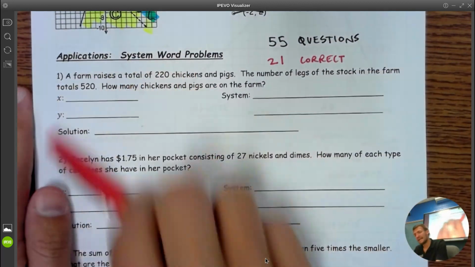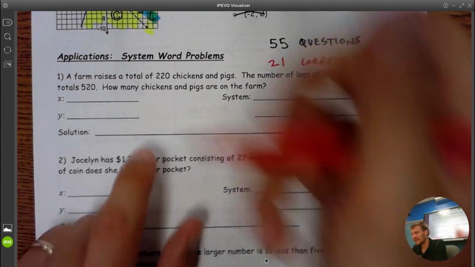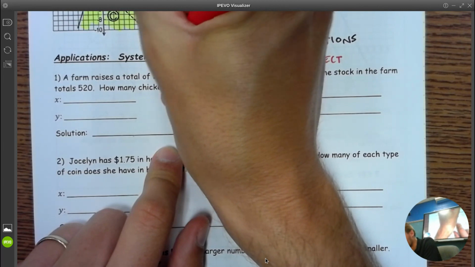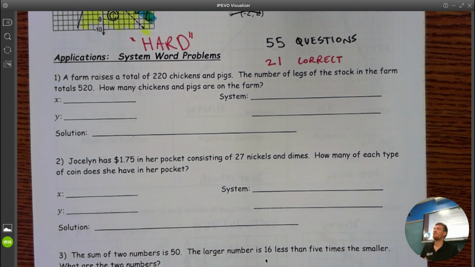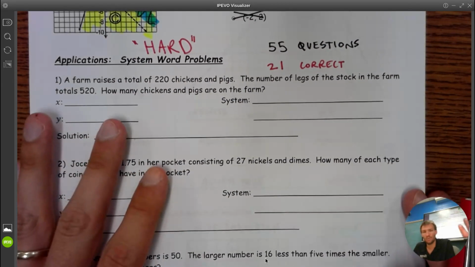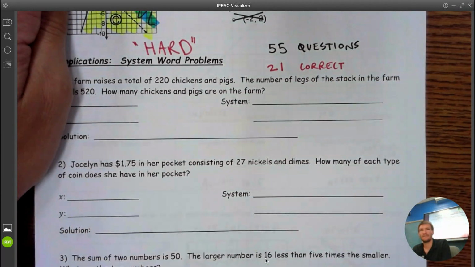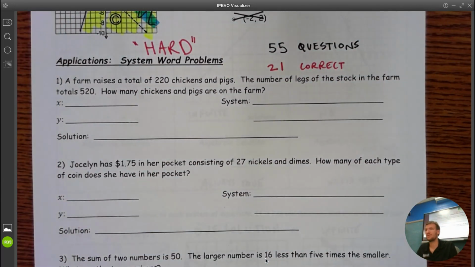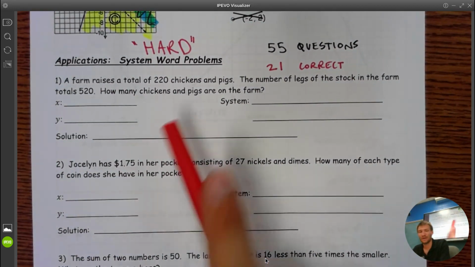Now, when it comes to solutions of systems, we get to system word problems, and I'll be honest with you, this is one of those things that is theoretically a hard question. We're going to learn it, we're going to talk about it, and honestly, I don't think it's that hard. I remember when we did it together, it took a little bit of practice, but if you can figure out how to get these questions right, if you're a student who actually tries and isn't on the phone behind the computer in the back 2 rows, if you're a student who actually focuses and knows how to do these hard questions,